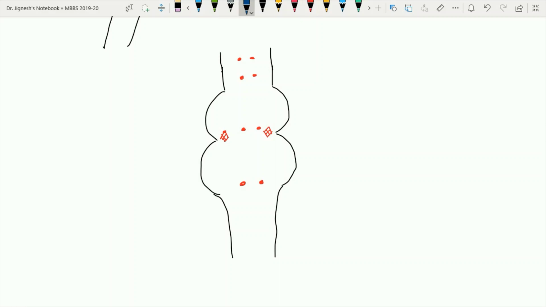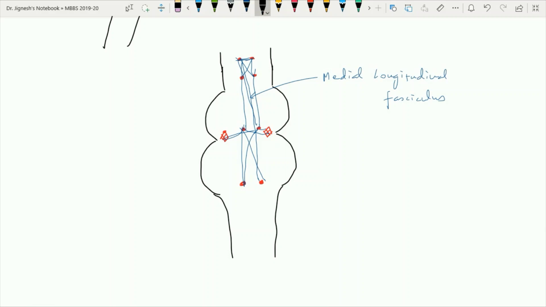This medial longitudinal fasciculus is nothing but the intercommunication between all the nuclei of one side of the third, fourth, sixth and eighth cranial nerves along with the spinal accessory nerve to the opposite-sided nuclei. These intermingling fibers form one tract, and this tract is called the medial longitudinal fasciculus. It is responsible for the coordination of the head along with the eye. So when we take a section of the pons at any level, we will find this medial longitudinal fasciculus.